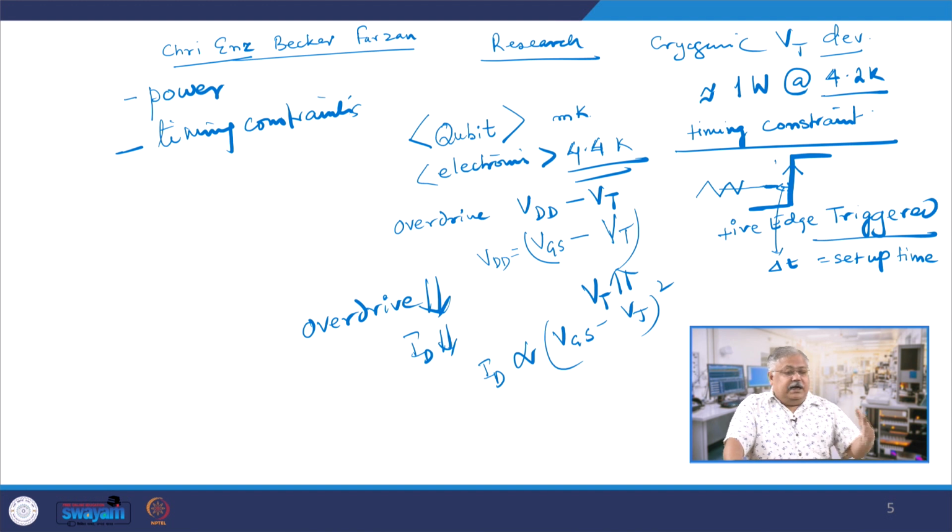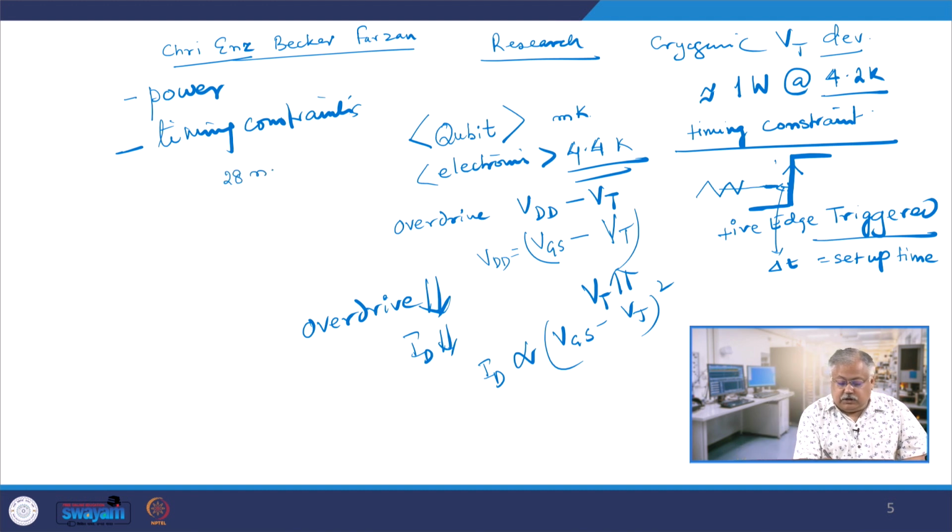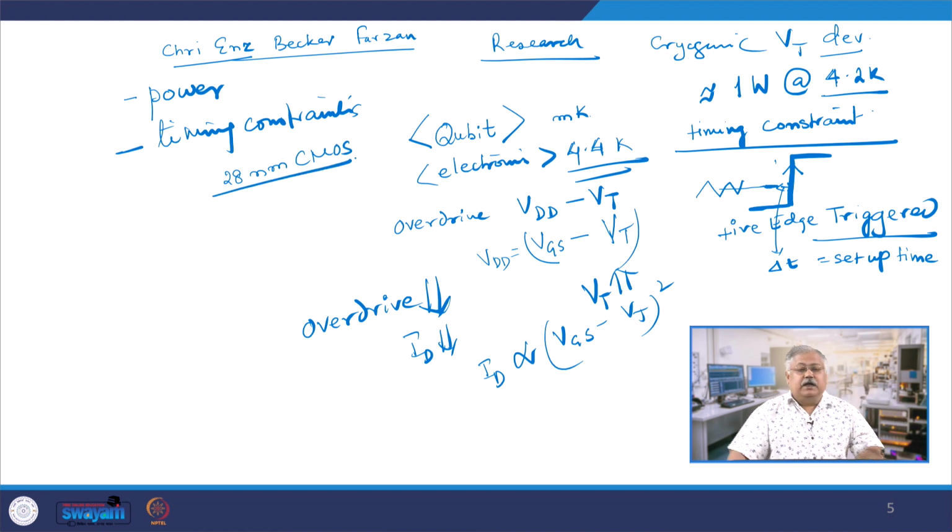So, that degradation is relatively very large in cryogenic design. And therefore, you are playing with two important points: your overdrive has actually dropped down, power consumption has to be very low, and you are limited by the timing constraints which are available to you. So, what people did, and over a period of time this paper was meant to do that, was to look at a 28 nanometer CMOS technology, and in this 28 nanometer CMOS technology, they took four